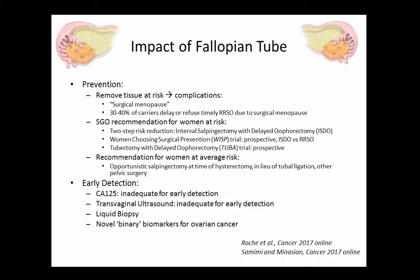And so this is relevant because about 30 to almost 40% of women who have BRCA mutations refuse to undergo the prophylactic surgery because of that risk and that complication. They don't want to do it. And so the recommendations by the SGO are that women at risk, especially those that don't want to undergo the risk-reducing bilateral salpingo-oophorectomy, be offered a two-step reduction where you have interval salpingectomy with delayed oophorectomy, right? Take out the tubes first and then go back and take out the ovaries after they've gone through their normal